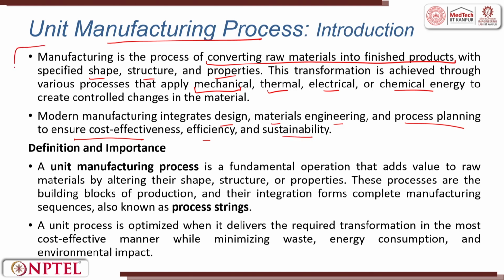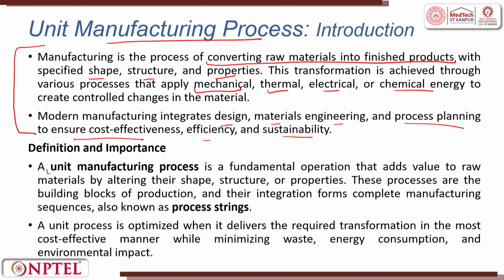Why am I telling about manufacturing once again? Because when we talk about manufacturing, there is a specific unit, a specific kind of operation that we do. For example, you are doing a turning operation, that is a machining operation, that comes as a unit process. For example, if you are doing casting, in casting you are specifically doing casting for a specific component. For example, you are doing a casting for a carburetor for a car. For that, casting is a unit manufacturing process.